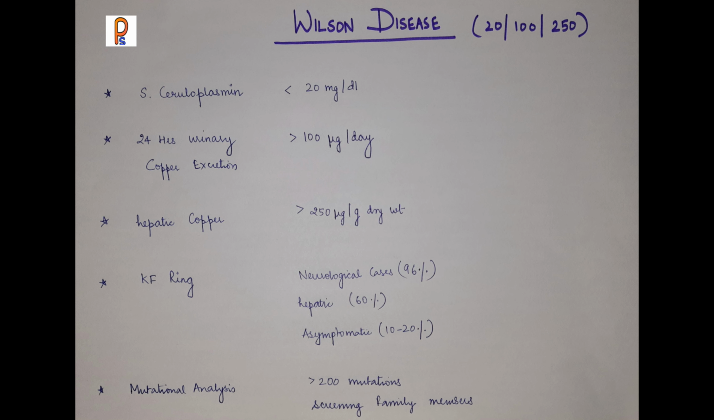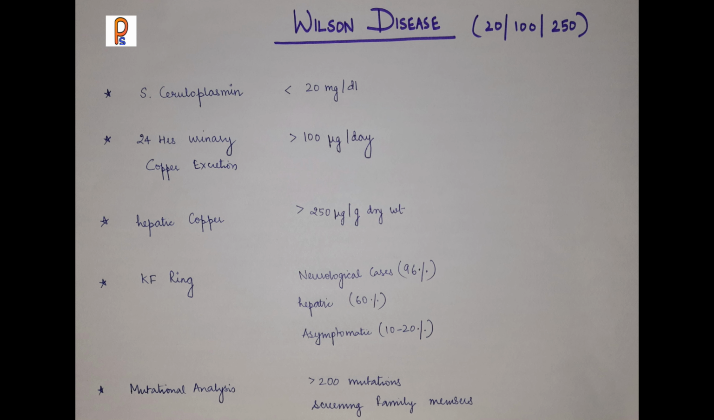Now, how to investigate a child with Wilson's disease? The very first thing we need to do is serum ceruloplasmin. If it is less than 20 milligram per deciliter, then if it's Wilson's disease, there will be excessive excretion of copper. So 24-hour urinary copper excretion will be more than 100 microgram per day. Hepatic copper, for that we need to do the liver biopsy, and if it is more than 250 microgram per gram dry weight of the liver,